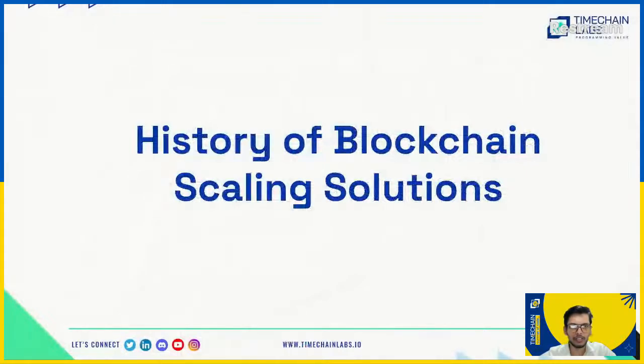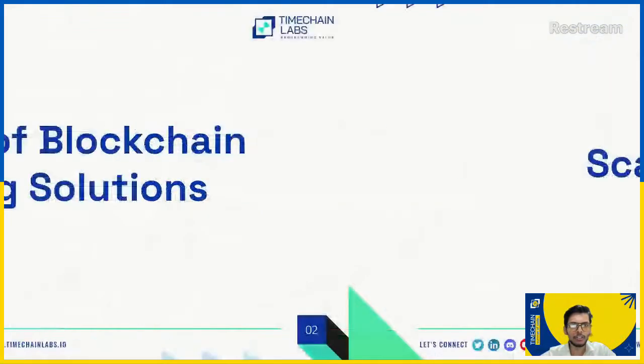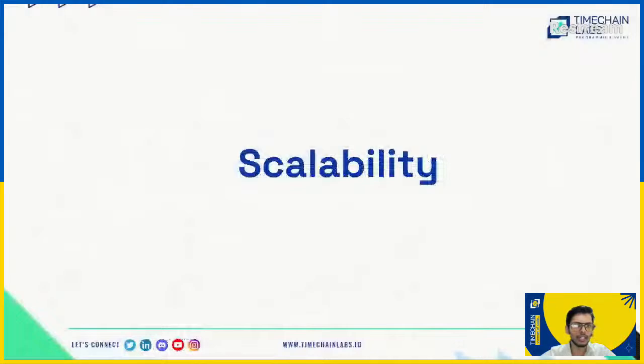So, history of blockchain scaling solutions. Let's first focus on the scaling debate. Scalability has been a very important point for blockchains to be adopted, because till 2014 or 15, when Bitcoin was getting used as the payment system between a small number of players, it wasn't really a problem because the transaction fees were too low. It was not even a few cents, less than a cent. And there was no problem. The transactions were immediate. But then the transaction cost started increasing.